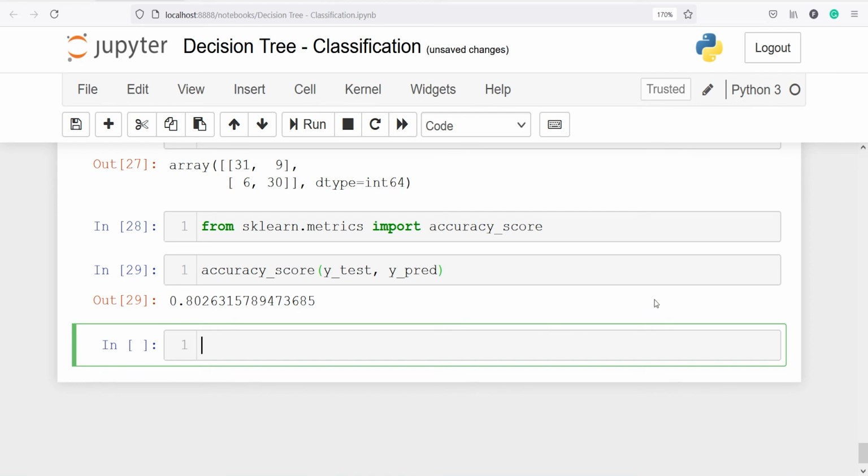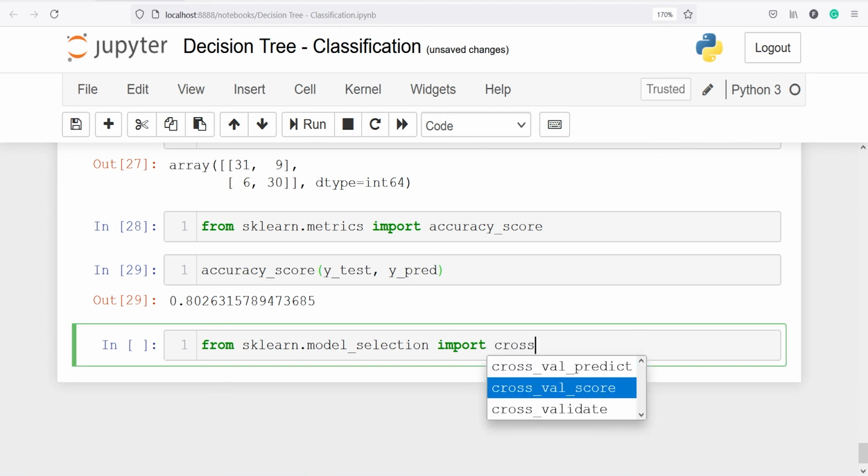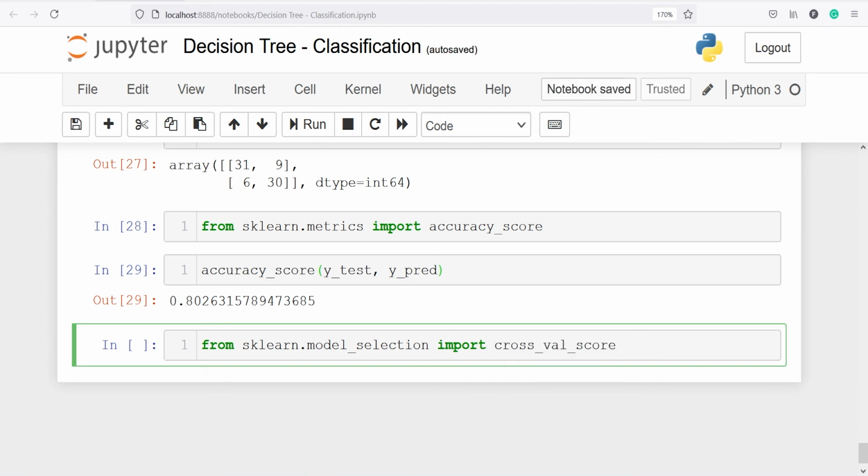And we can also do the cross validation. So let's perform the cross validation from sklearn.model_selection import cross_val_score, and this will be used for cross validation.